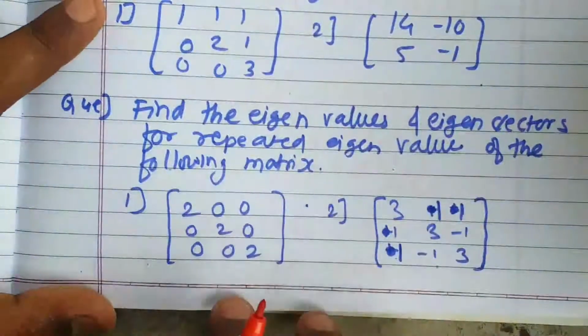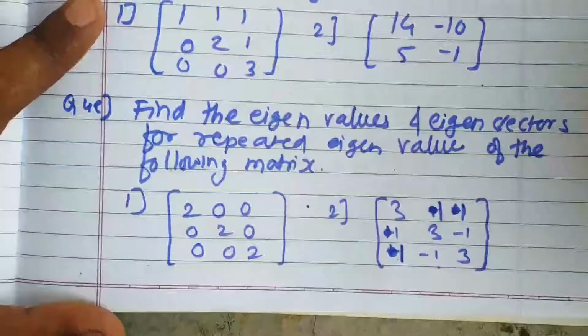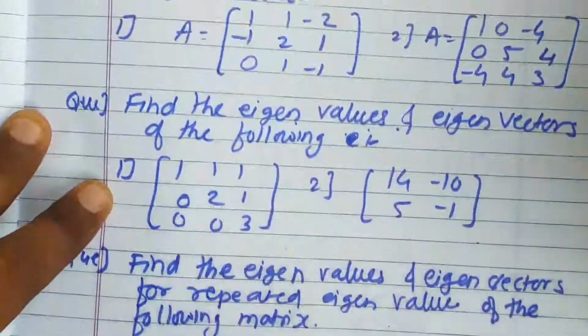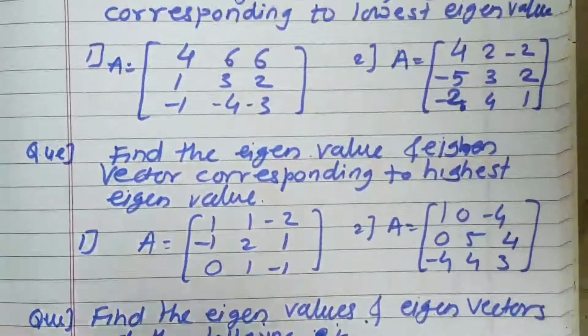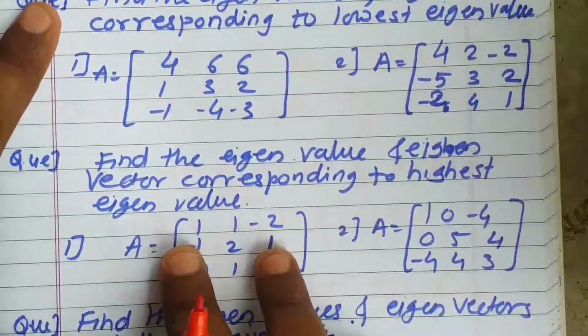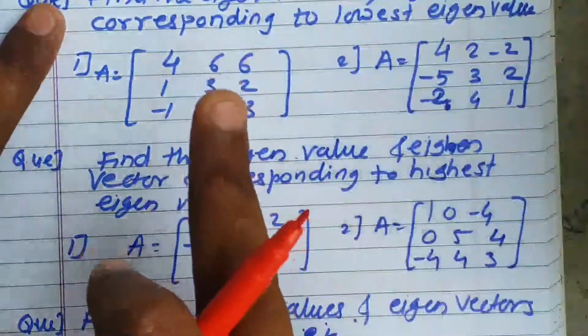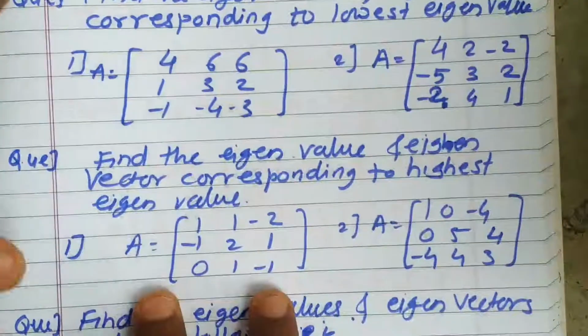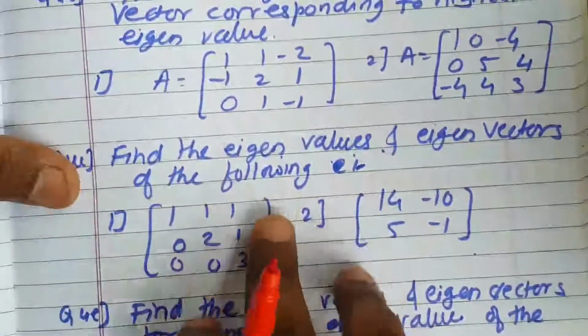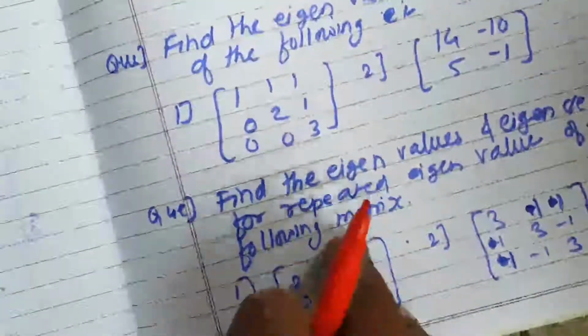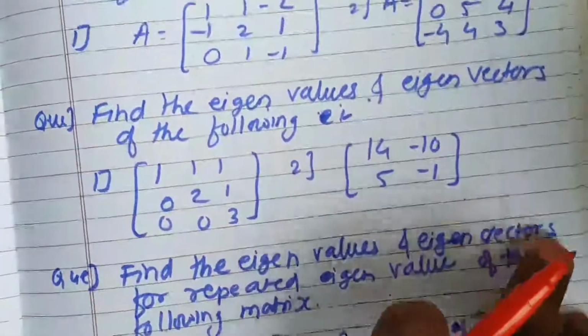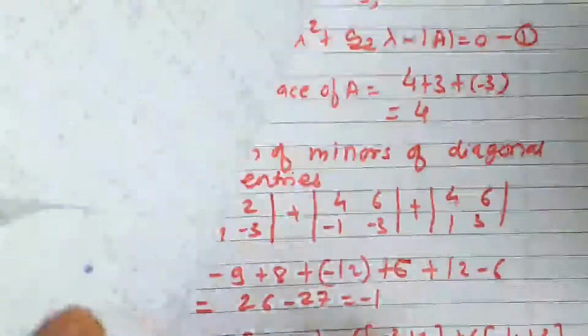So this type of questions may be in front of you, and out of these problems, some I am going to solve and some you need to do. These 4 problems are quite similar, so out of these 4 I am going to do only one, and the rest you need to do. Out of these 2 I will do one, and out of these 2 also I will do one, and the remaining you need to do. So let us start the calculations.